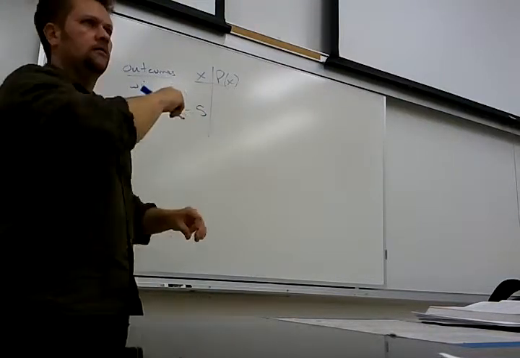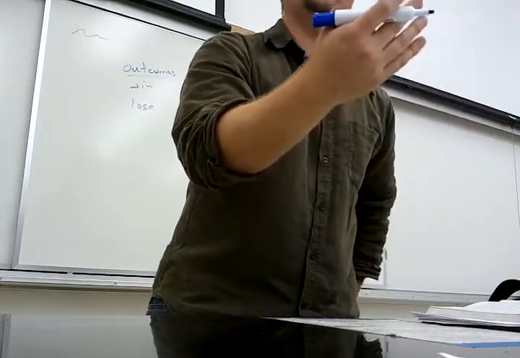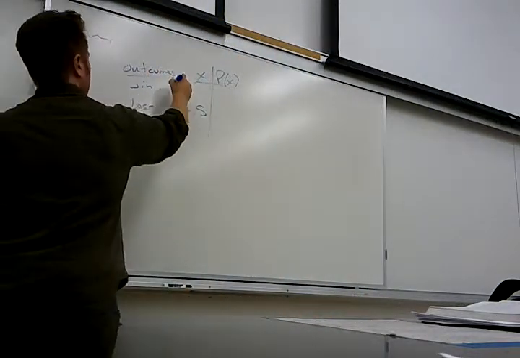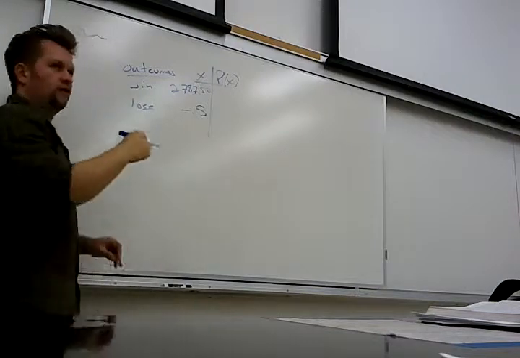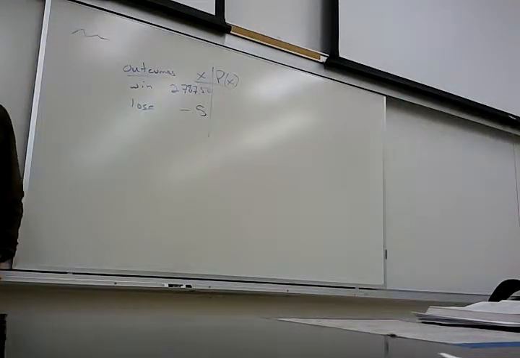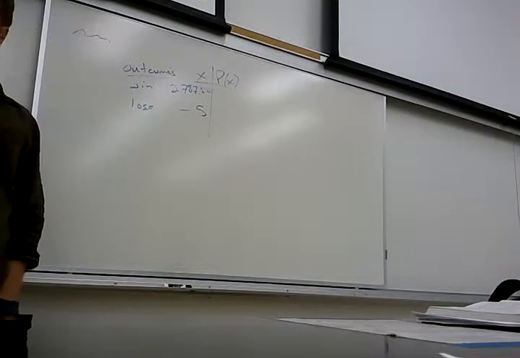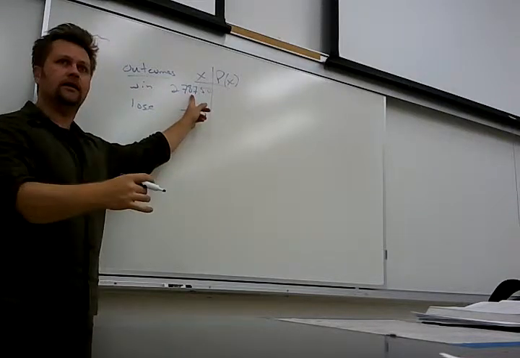If you win, they give you $2,788. How much money did you make overall? $2,787.50. Then you got to subtract off that 50 cents you had to pay to play, right? So basically, all your outcomes just go down by the cost to play. Because I didn't make a full $2,788 because I had to pay 50 cents just to play it.